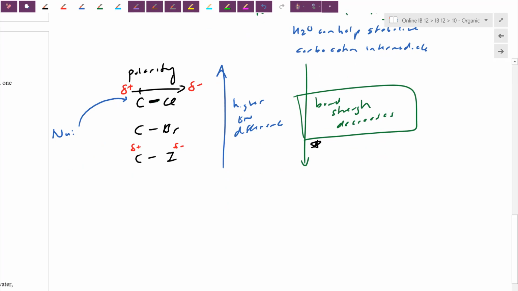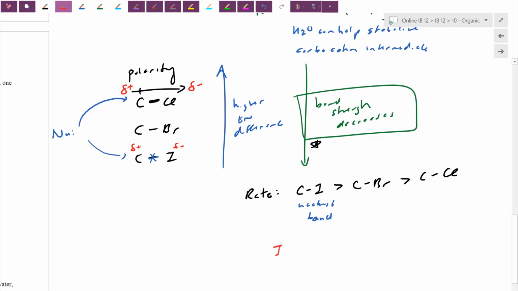So therefore, just in terms of rate, as a qualitative thing, if everything else is equal, we're going to find that substitution on a C-I is faster than a C-Br, which is faster than a C-Cl. Because of bond strength, the C-I bond is the weakest bond. Although it may not be the most polar bond, although it's not the one that the nucleophile necessarily wanted to attack first, because this bond is the weakest, this one can up and leave the easiest. We also alluded to experimentally, I- is also more stable